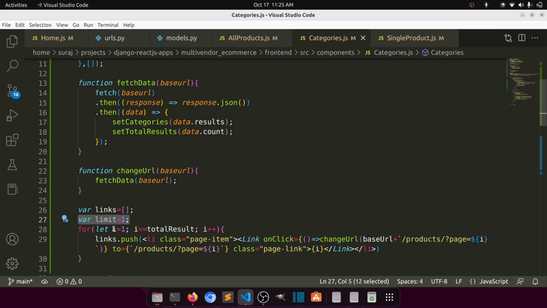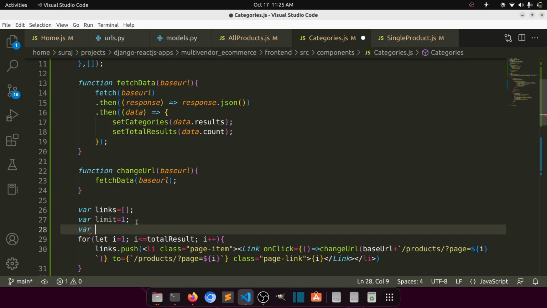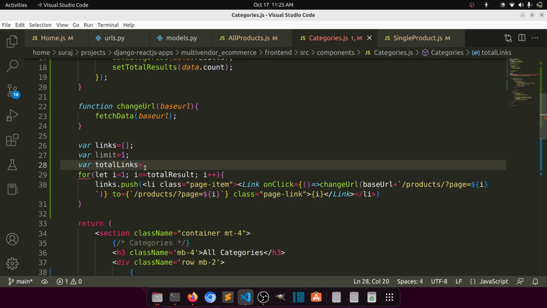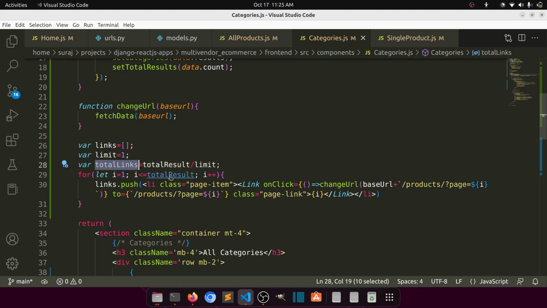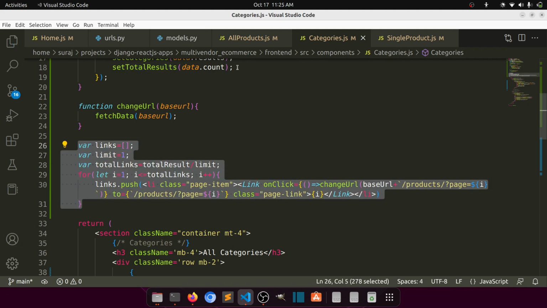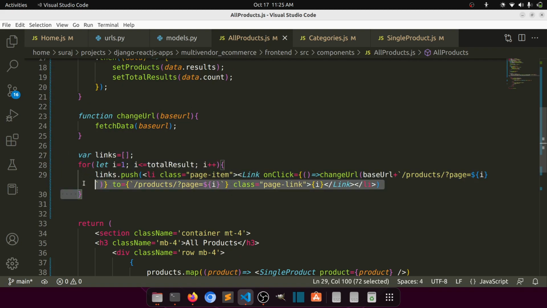I mean limit means how many data you want to show on the pages, right. So it means total links equal to total result divided by limit, right. So total result, whatever the total result, how many data you want to show, that will be our total links, right. So this total links will be here. So it will also apply on the products, right. So here,